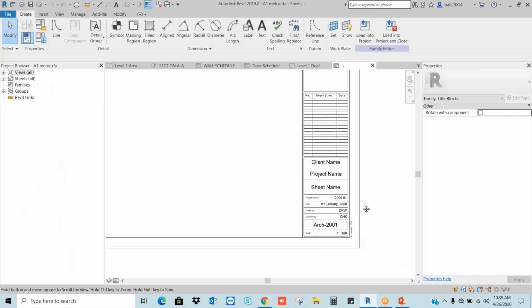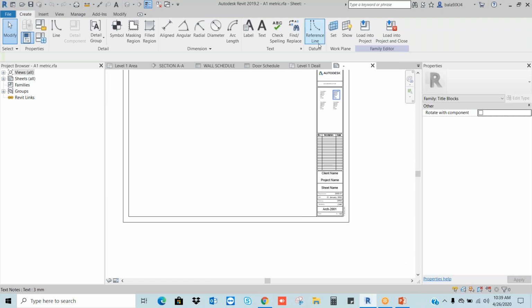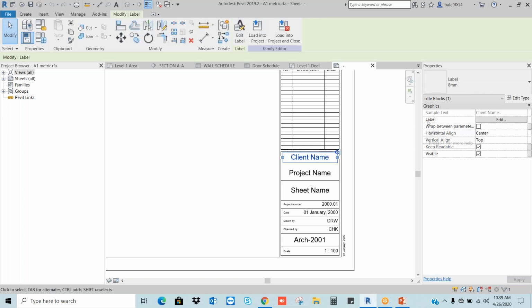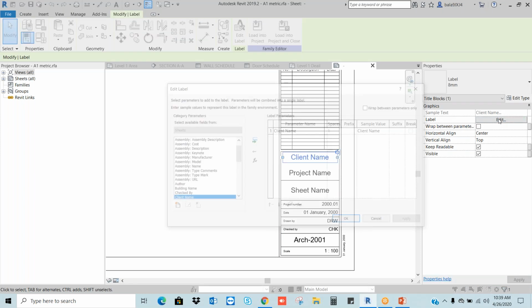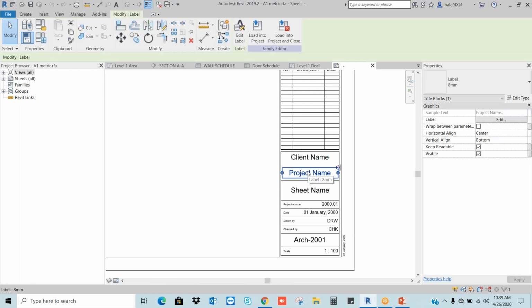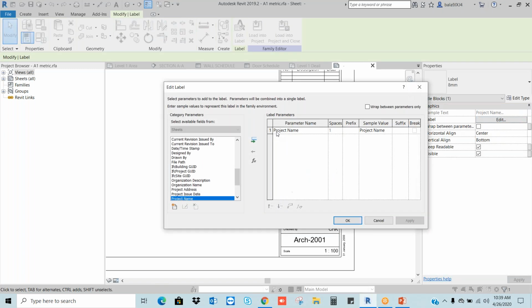When you see this family, if you select this client name, here you can see the properties. In the properties, I'm going to the label, I'm going to edit it. What I can see is client name, correct? If you go to the project name, I'm going to edit, and I can see the project name here.